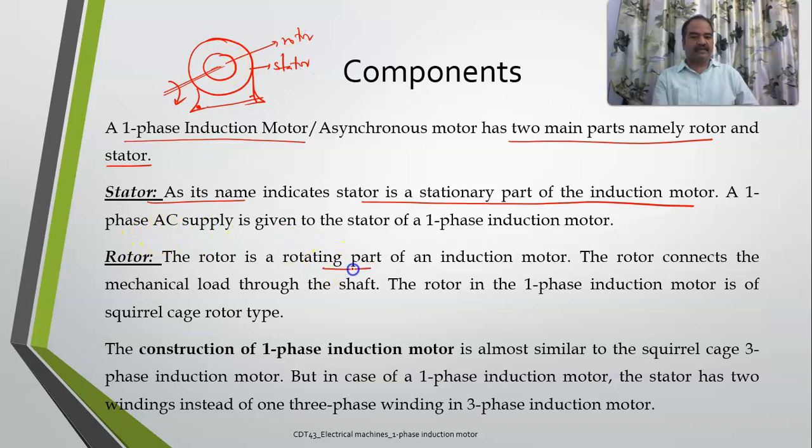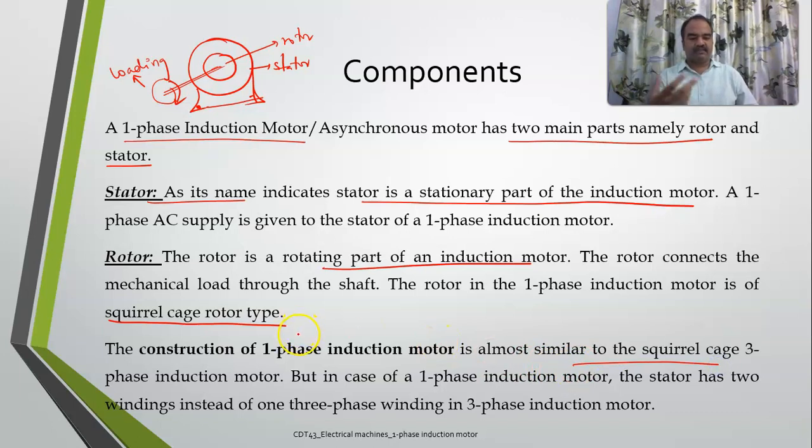So the rotor is a rotating part of the induction motor. Here it connects a mechanical load with the help of a shaft. Normally in single phase induction motors we do find squirrel cage rotor types. Now from the construction point of view, it is very similar to that of a squirrel cage three phase induction motor,